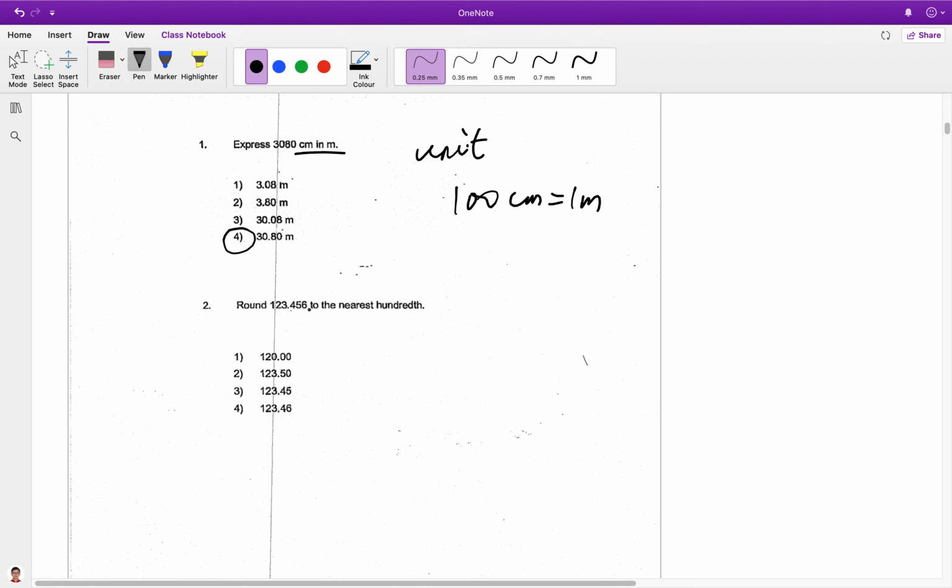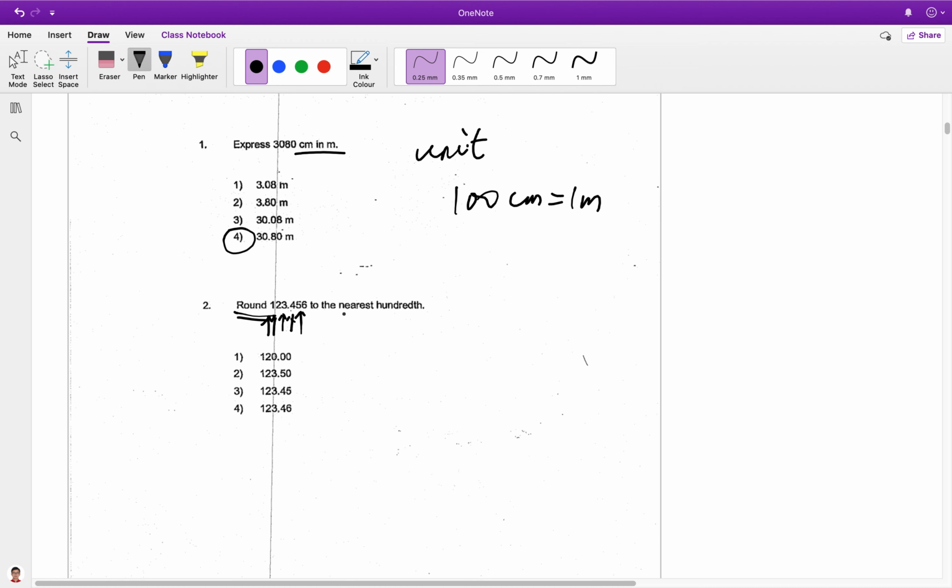Second thing, round this number to the nearest hundreds. This one is about numbers and the decimal point. We know what each digit means: ones, tens, hundreds. After the decimal point, tenths, hundredths. So for the rounding problem,